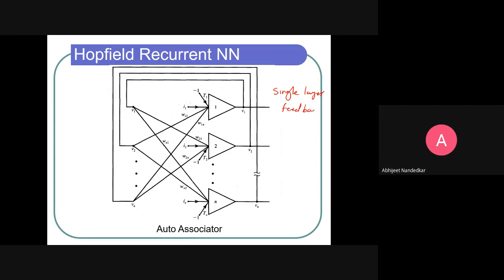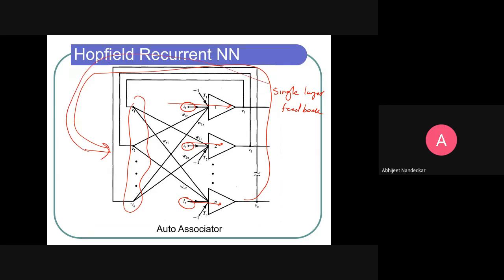This is a special case where input is coming from these nodes along with this initial condition that will go through these neurons, and the output computed is coming back. Okay, so like this. So all the outputs are coming back from the front side, and the important thing is self feedback is missing,